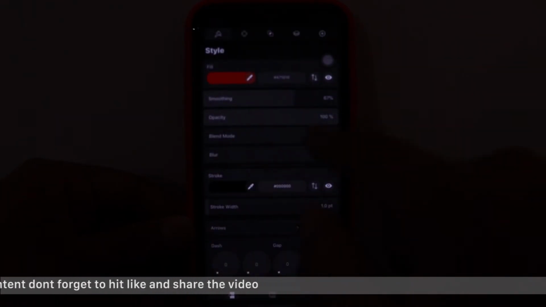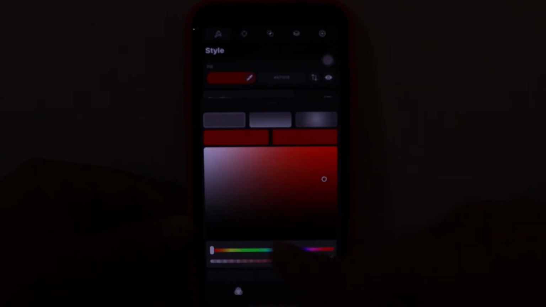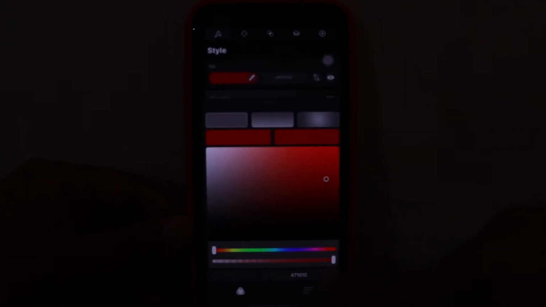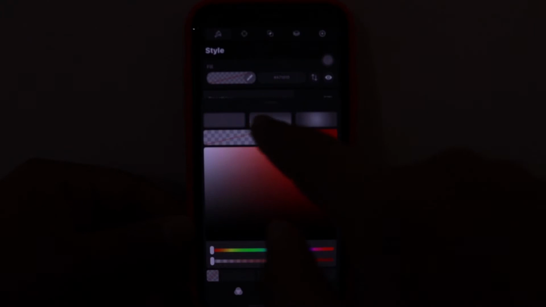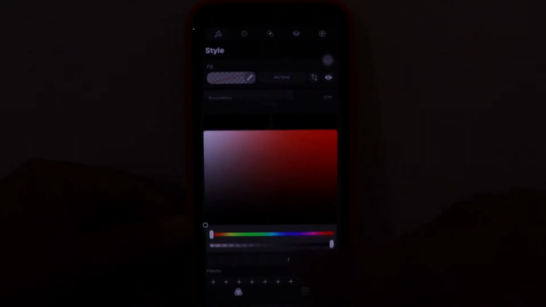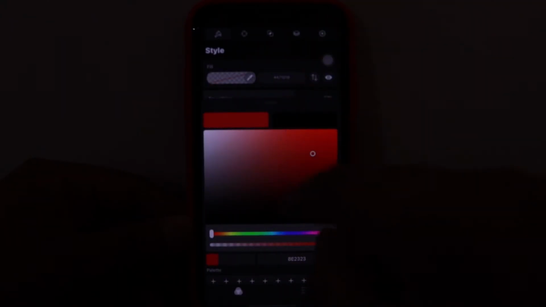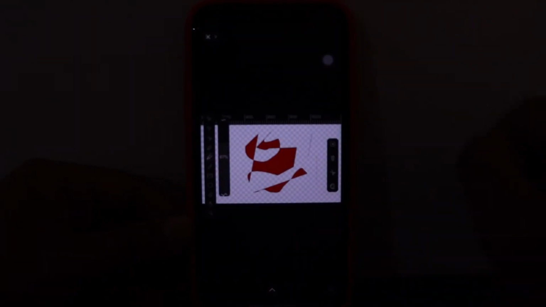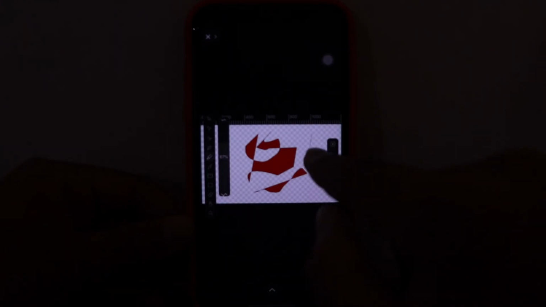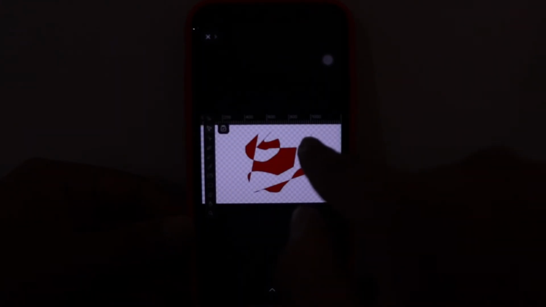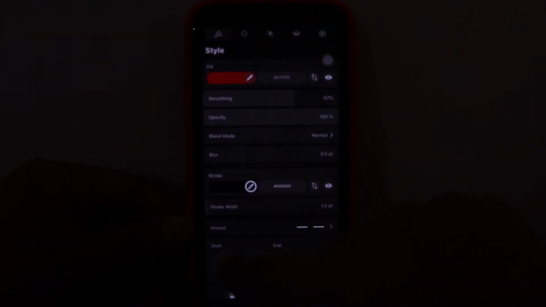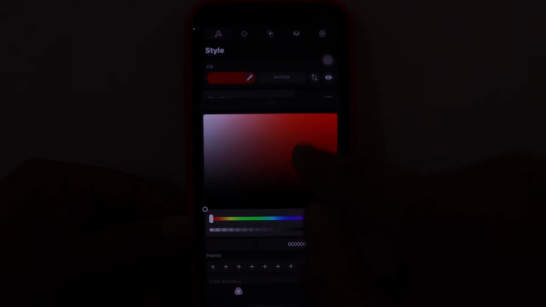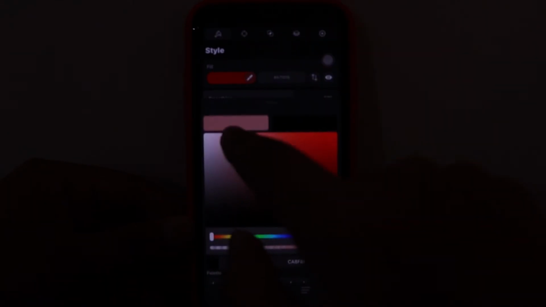Then you can change the color of the stroke as well. If I remove the fill from here, I just need to reduce the transparency, and the fill has been removed. Then I can change the color of the stroke. I can make the stroke red as well. I first have to select it, and then change the color of the stroke.